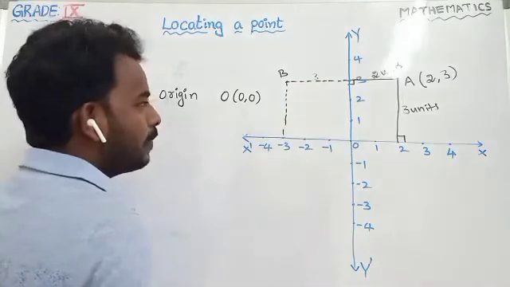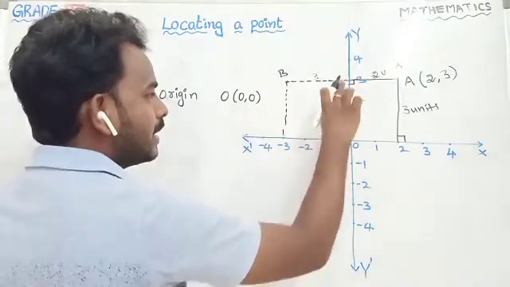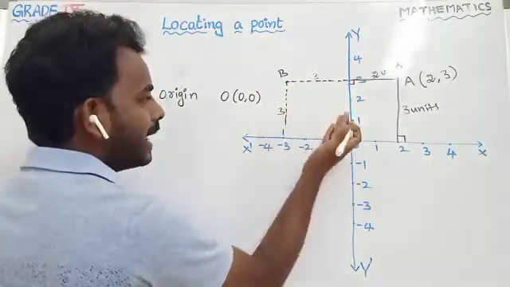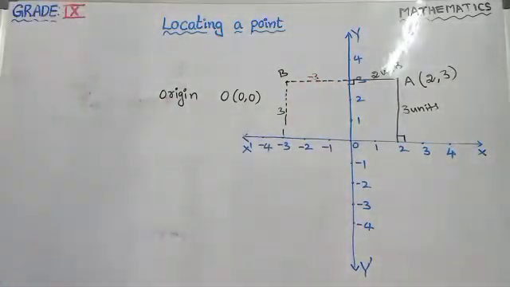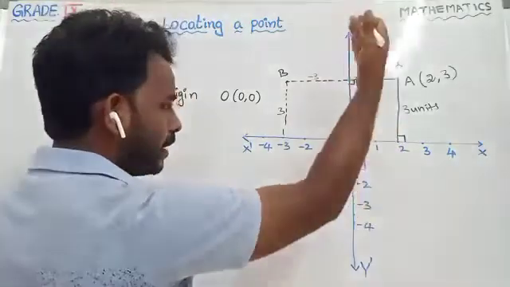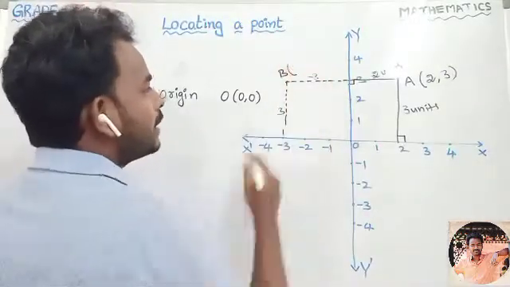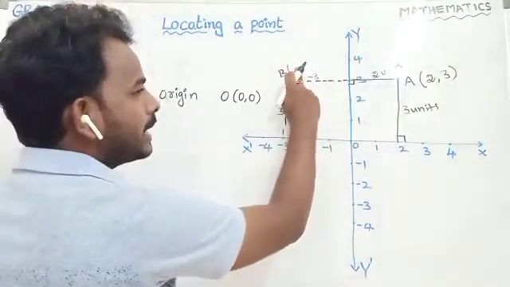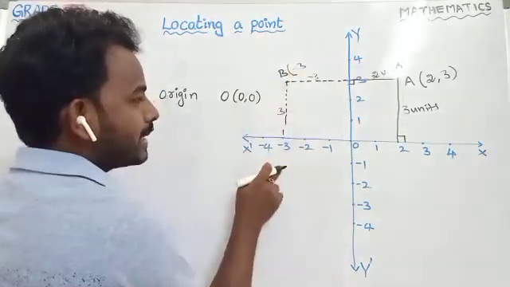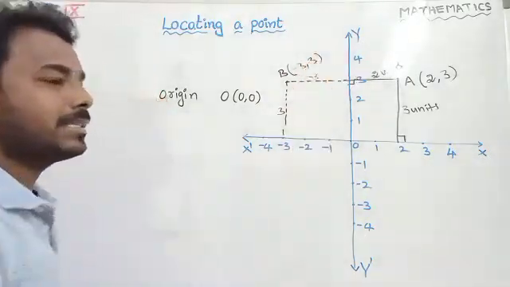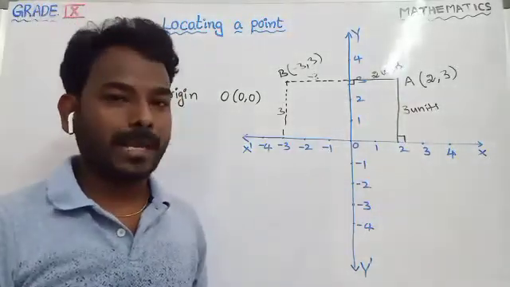And coming to this, what is the perpendicular distance of this point from the x-axis? It is 3 units. Okay, and here we consider it negative. Why? Because it is in the negative direction, no? If right is positive, up is positive, then left and down are the negative directions. So what is the location of this point? First you write the perpendicular distance of this point from the y-axis, that is minus 3, and the perpendicular distance of this point from the x-axis is 3. Okay, so this is the name or position of the points on the xy plane.